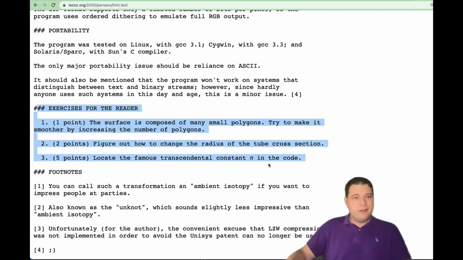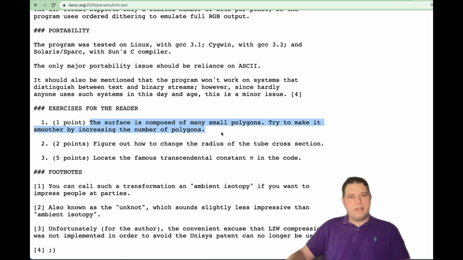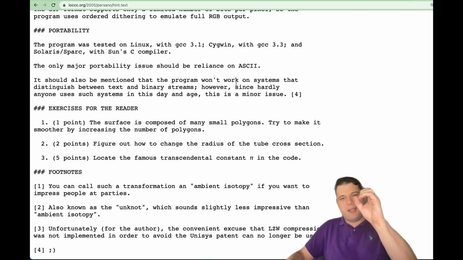Exercises for the reader. The surface is composed of many small polygons. Try to make it smoother by increasing the number of polygons. That's for 1 point. For 2 points, figure out how to change the radius of the tube cross section. So that would be making this